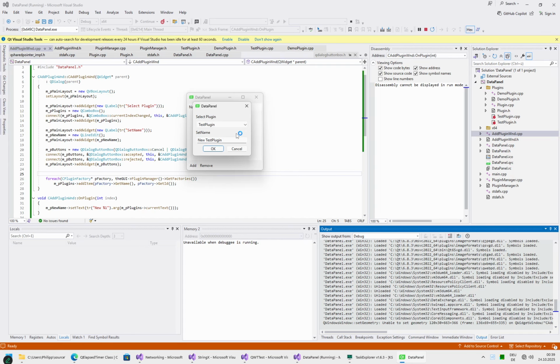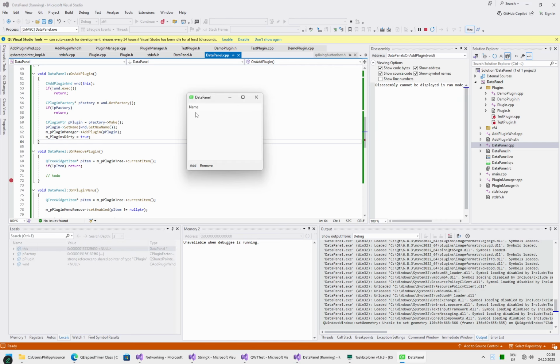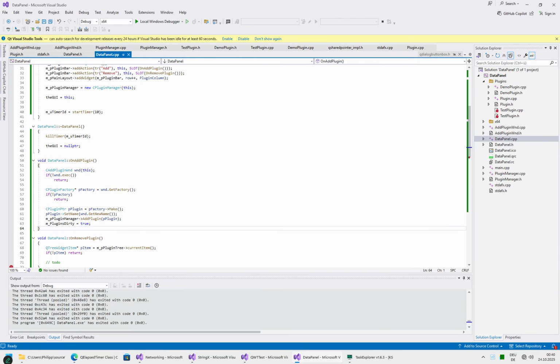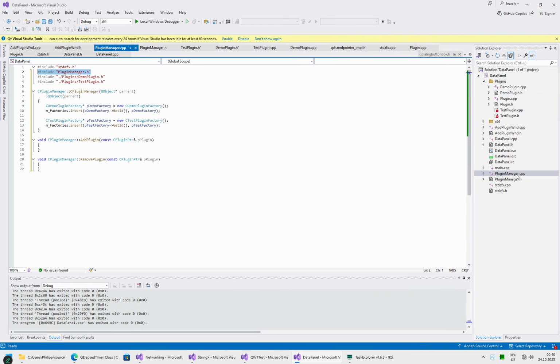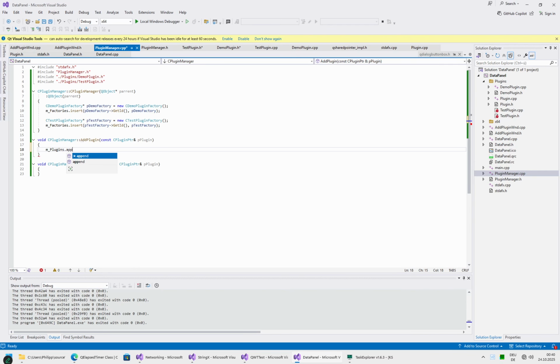So if we change the plugin, the name automatically changes. So let's say demo plugin, my demo plugin, and okay. It didn't work. Right, I think the function doesn't have a body yet. Two things. First of all, here I would like to add a space so that the name is more name-like and not so much machine-like. And then the plugin manager, add plugin. We forgot to make it add the plugin to something. Quick fix punct append